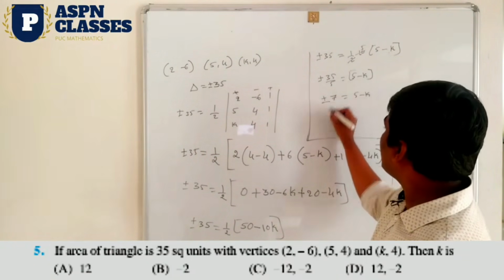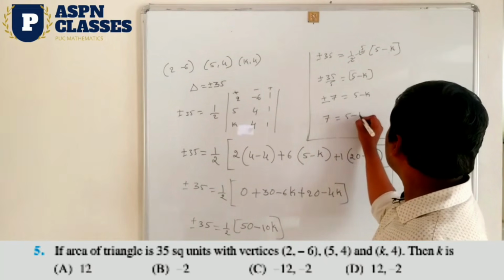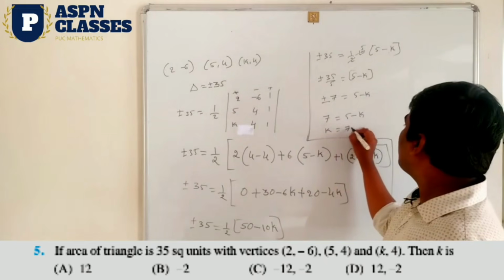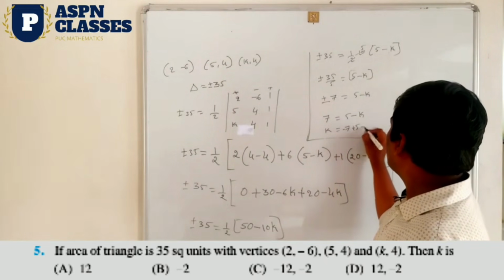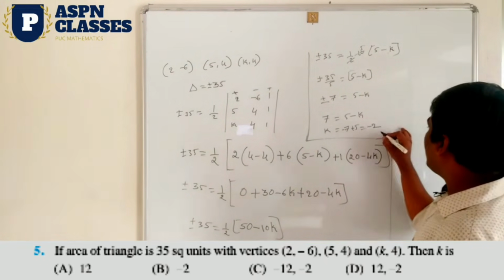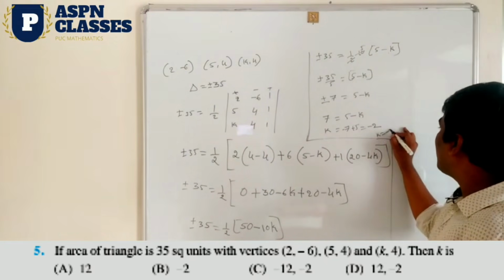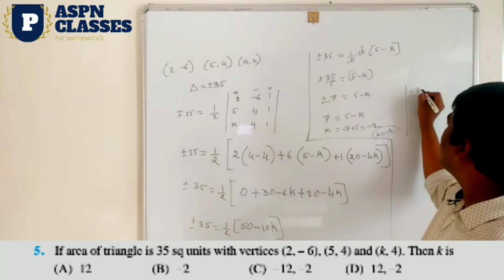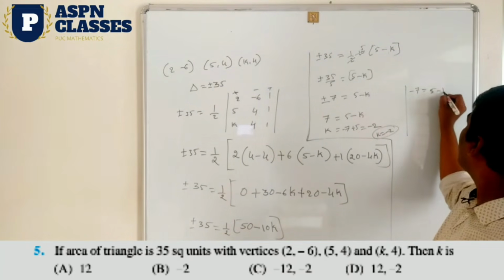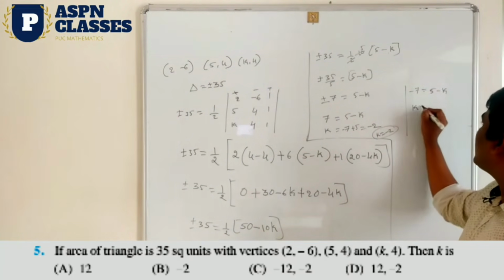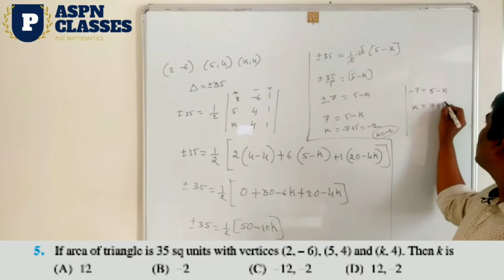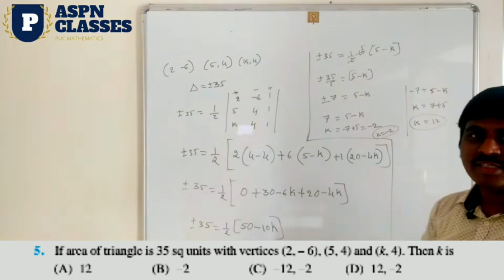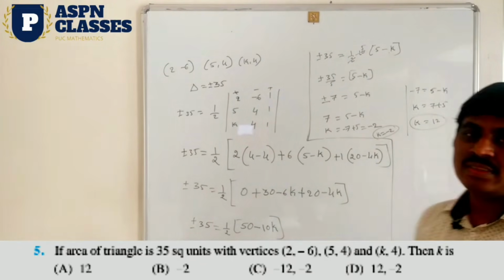Now you take the first sign, plus 7, 5 minus k, so minus k shifted here and 7 shifted to this side, means 5 minus 7, it means minus 2 you get. So k is equal to, one answer you get minus 2, and similarly you take the minus 7, 5 minus k, it means minus k shifted here plus k, minus 7 shifted here plus 5, k is equal to 12. So k is equal to minus 2 and k is equal to 12. This is your answer.